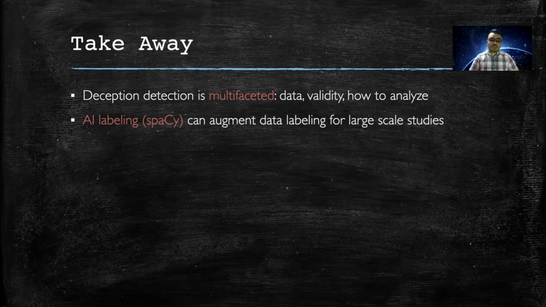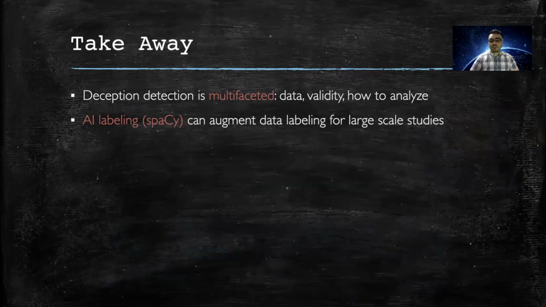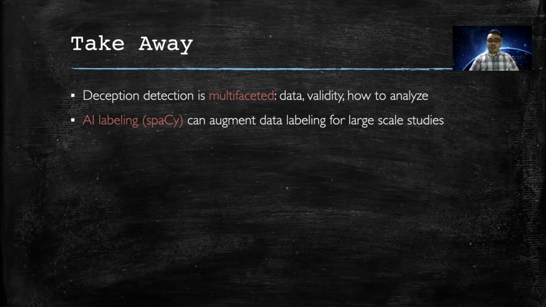But something more sophisticated might be, for example, normalizing the data and saying the percentage of adjectives in this statement and comparing the percentage of adjectives, the percentage of nouns, and the percentage of verbs, or even other parts of speech. And to take my study, which is a 40 sample study, to the next level, we can use AI labeling techniques like spaCy, which can augment data for us in large scale.